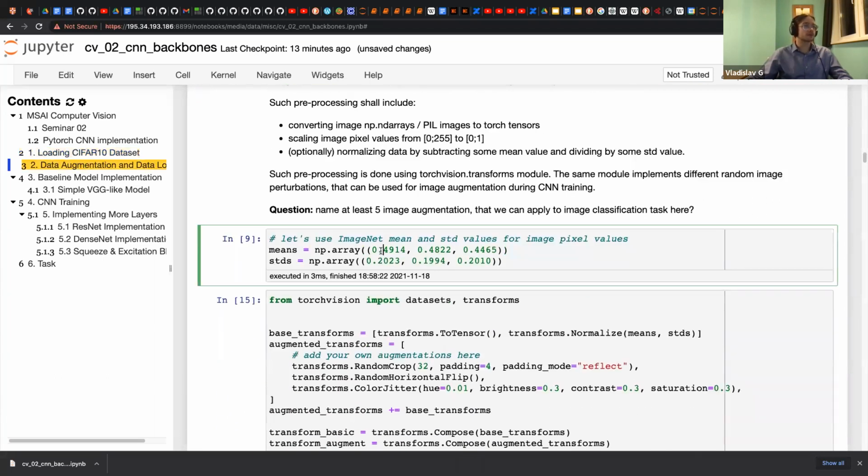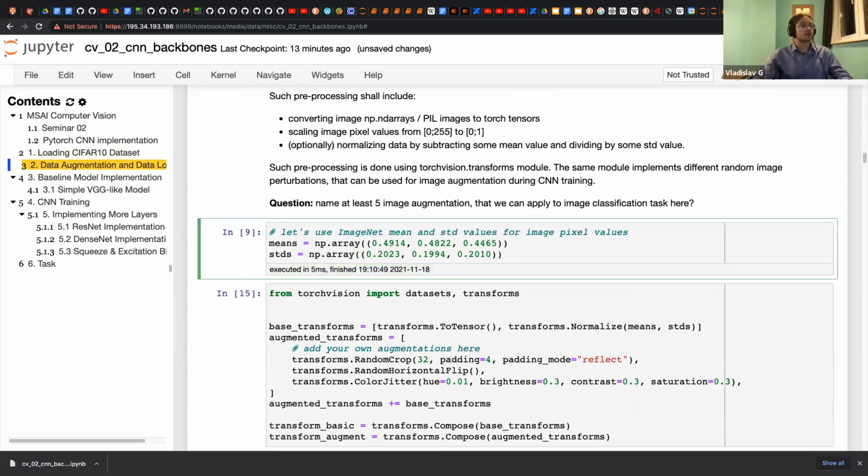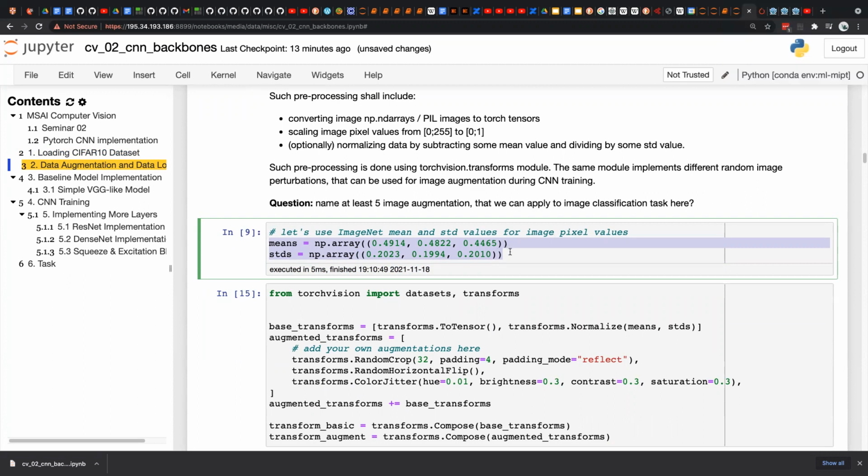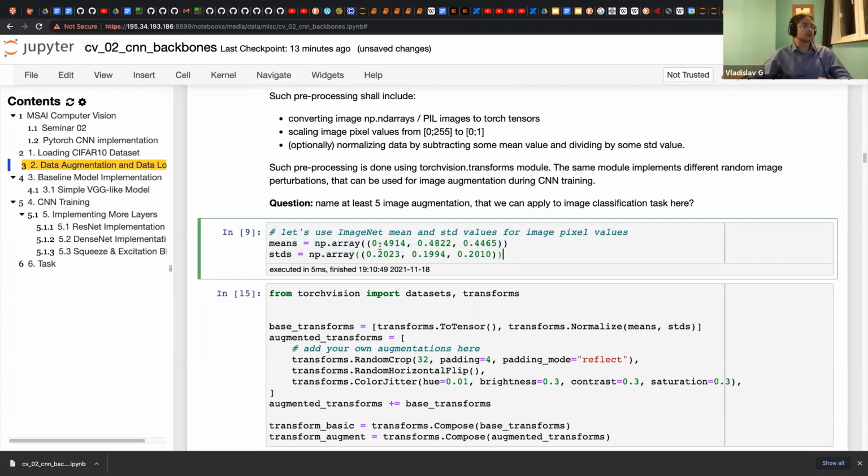So let's build our computer vision neural network pipeline. And let's first start from preprocessing, and we will use preprocessing that is taken from the ImageNet dataset. Do you remember these values? Is there anyone not familiar with these values and where they came from? 3 colors, RGB. Yeah, it's RGB colors, and it is normalized RGB colors, but they came from ImageNet.